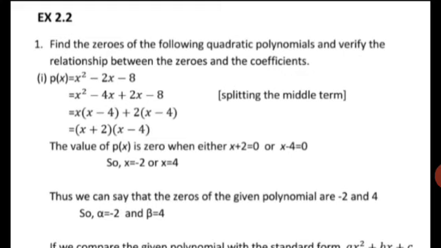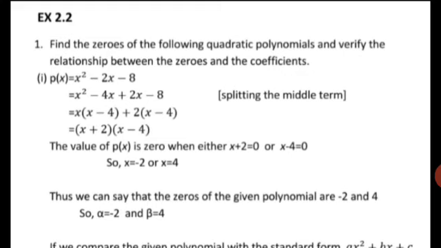Now children, you can substitute these in the given polynomial, and you can check. You will see that the entire polynomial becomes 0. You can do it yourself mathematically. This means that x equal to minus 2 and x equal to 4 are the two zeros of the given